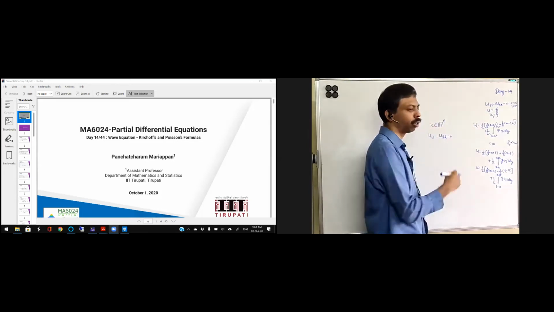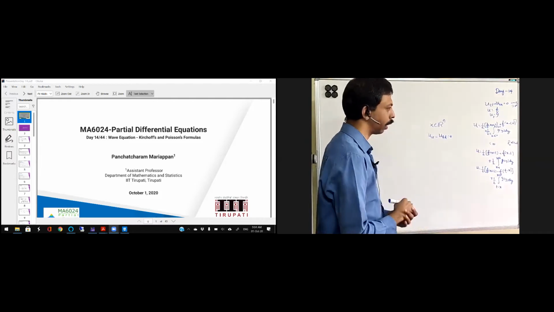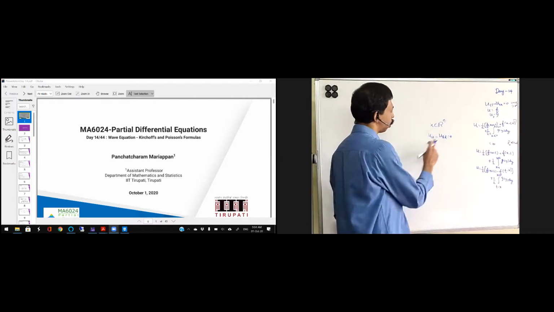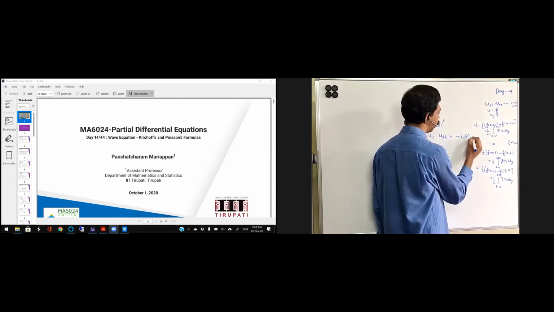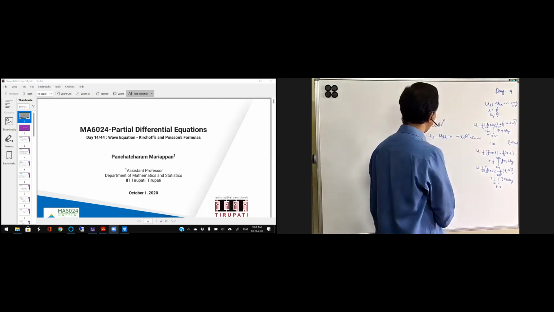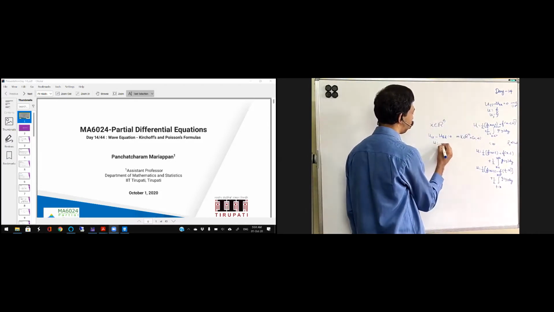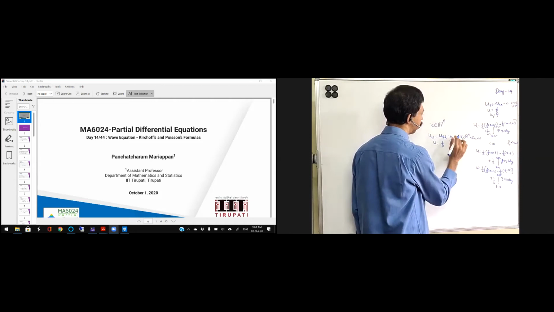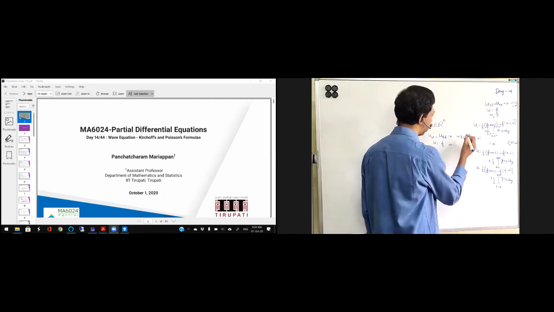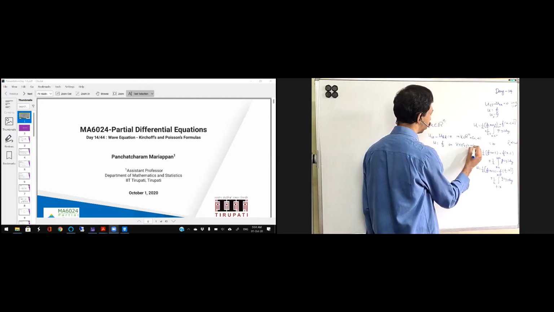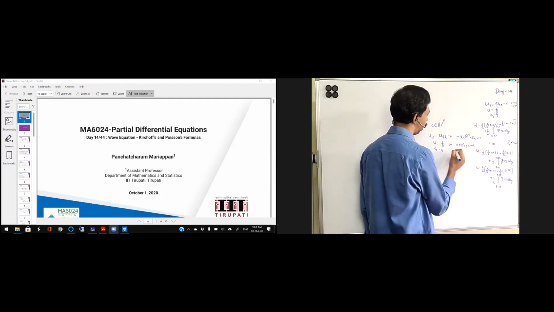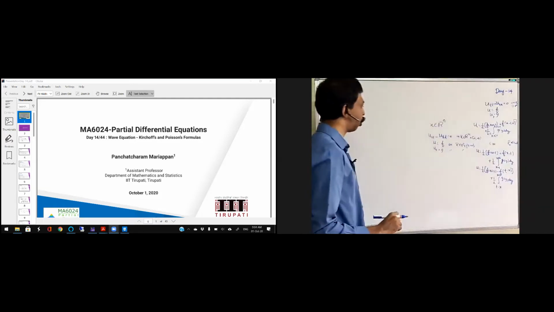If you want c not equal to 1, then you can just plug in and derive a similar one. So this is the one I am going to take on x belongs to R^n cross (0, infinity), t in (0, infinity). The rest of the things are the same: u equal to f on the boundary, which I am taking as x in R^n cross t equal to 0. Similarly, u_t is equal to g. Same kind of setup. So these are the things I'm going to take.